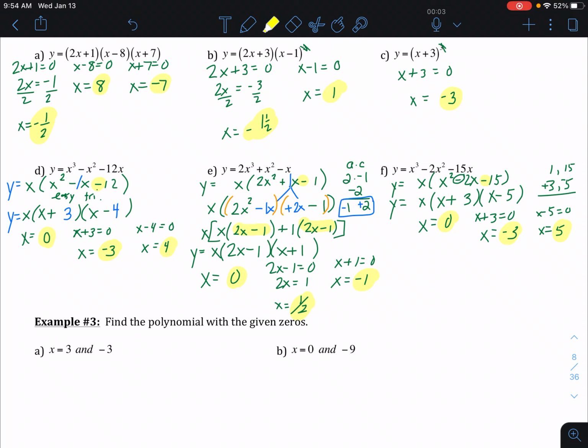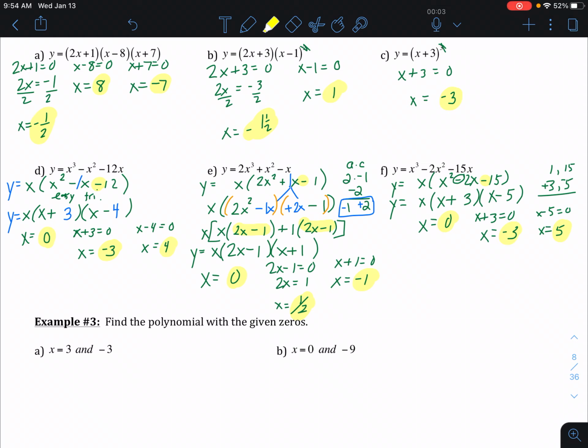So we are going to be given the zeros. Like in letter A, it says we have zeros of 3 and -3. So we're going to take those zeros, and our goal will be to write a polynomial. It says find the polynomial. We are really writing a polynomial